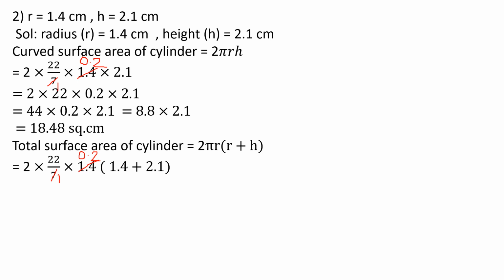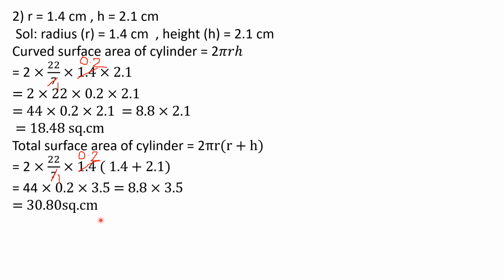Okay, now we'll multiply. So next step, I multiplied 2 into 22 student. So I multiplied here 2 into 22, I got 44 into 0.2. I wrote as it is into 1.4 plus 2.1. So we'll get 3.5. Okay, now student I multiplied 44 into 0.2. So I got 8.8 into 3.5. Now you'll multiply these two, that is 8.8 into 3.5. So you will get the answer as